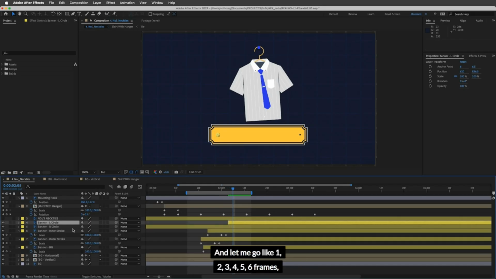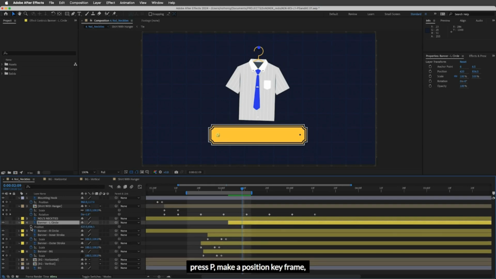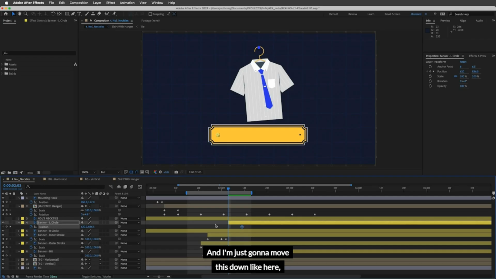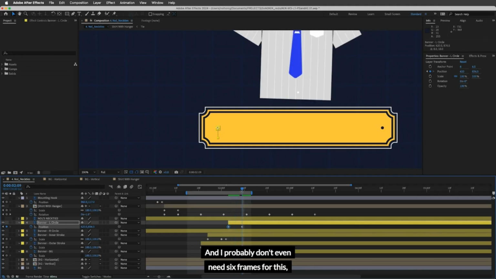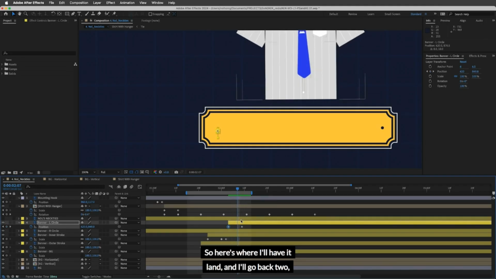Let me go like 1, 2, 3, 4, 5, 6 frames. Press P, make a position keyframe. Go back to the start of it by pressing I, okay? And I'm just gonna move this down to sort of the bottom of this, all right? And I probably don't even need 6 frames for this. Probably 4 frames is better. So here's where I'll have it land, and I'll go back, and now what I'm